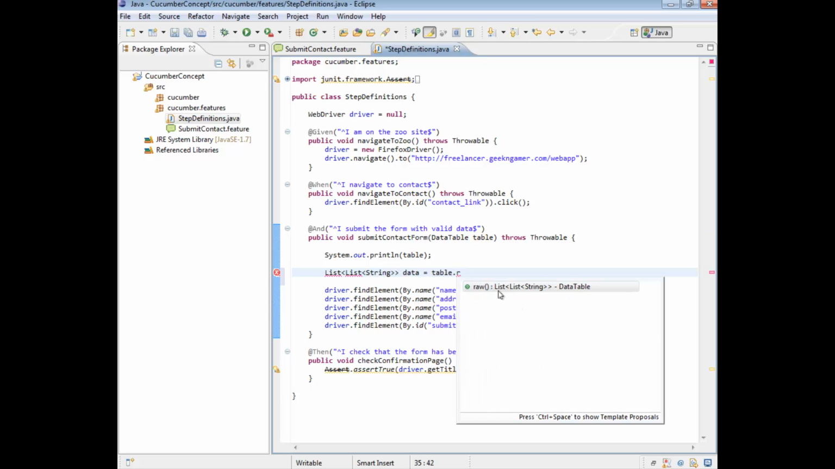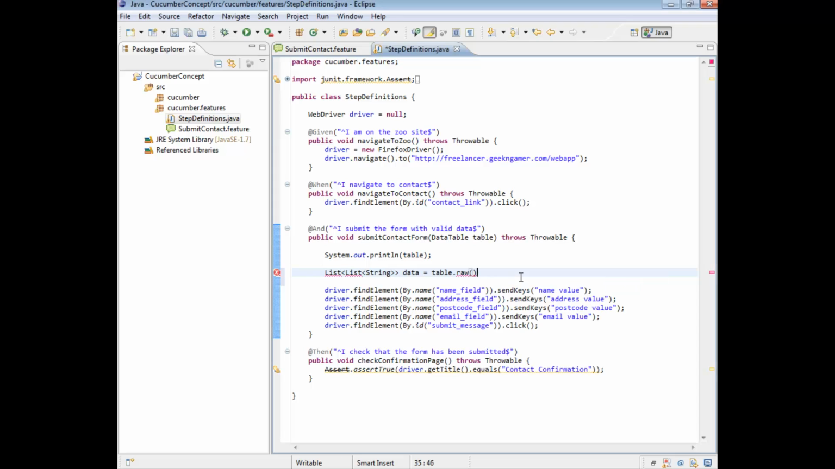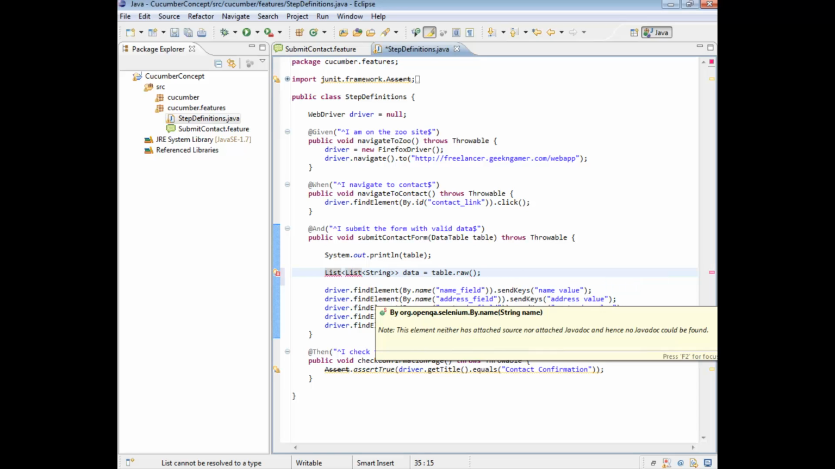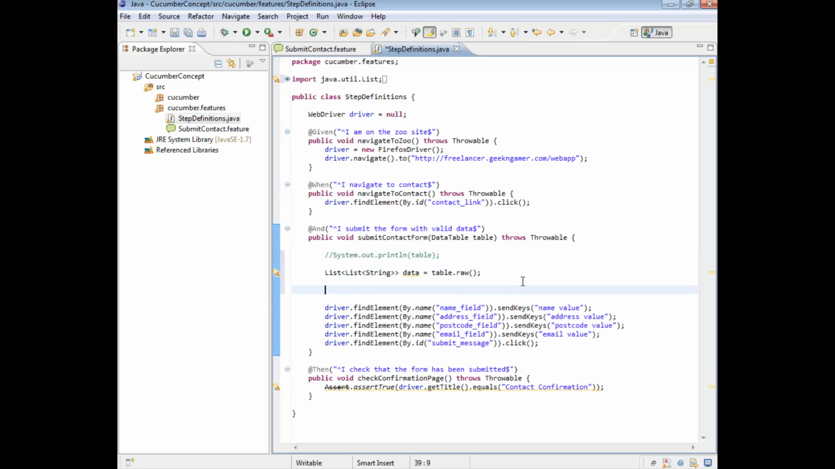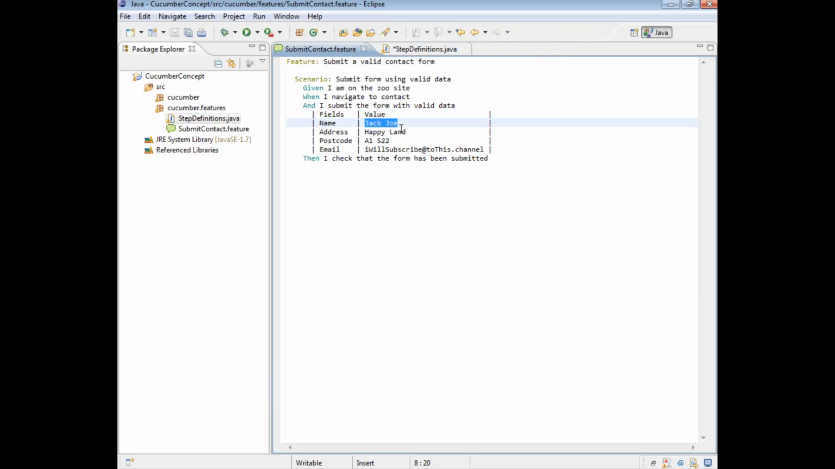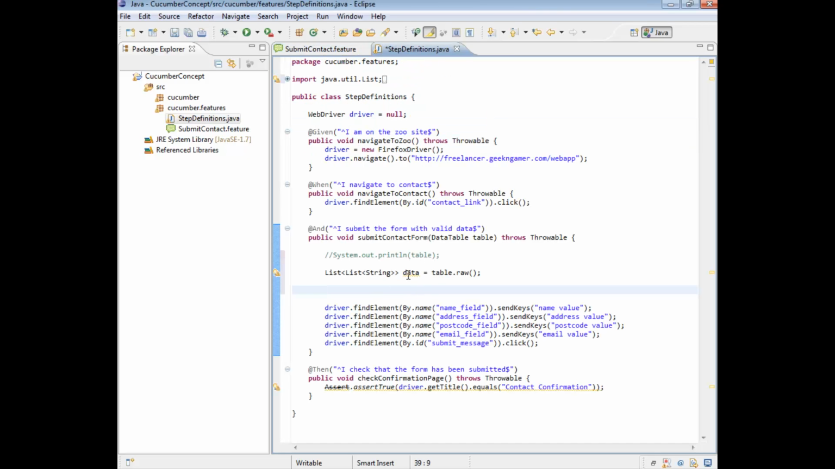table.raw. Raw is what returns, if you look here, a list of strings. And I'm just going to import that in. Importing as a java.util, lists are part of the util class. Okay, and I'm just going to comment out this because I don't really need it. But what I'm going to do, again as a proof of concept, is I will try and print out just this value here from this data list we have here. So I'm going to go